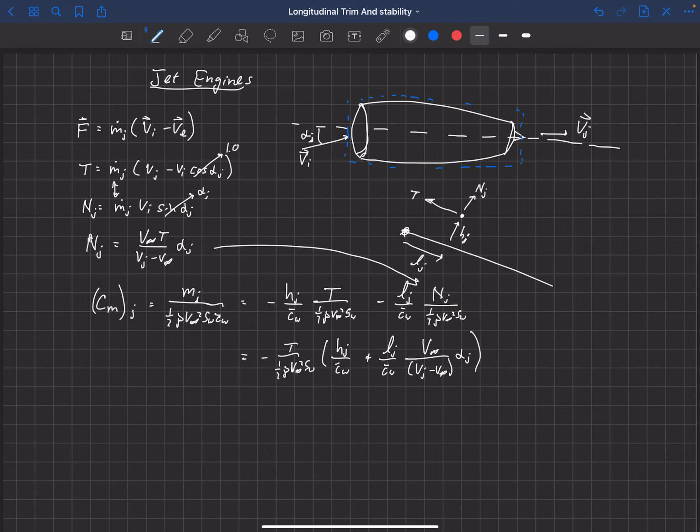First of all, let's look at alpha j, right? So alpha j is the local angle of attack that the engine is seeing at the inlet relative to the, remember we've drawn our axis in the direction of the thrust at the exit, or the exiting velocity here. Okay, so it's the angle relative to that. And we can express that as our free stream angle of attack of the aircraft plus a mounting angle, alpha naught of the jet.